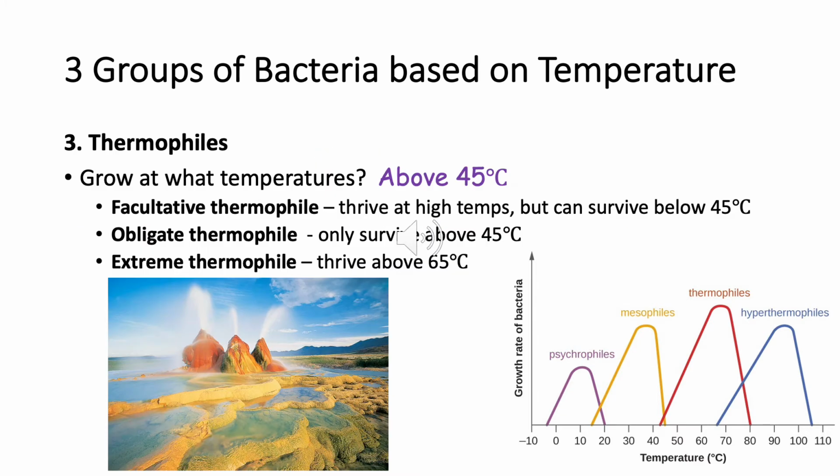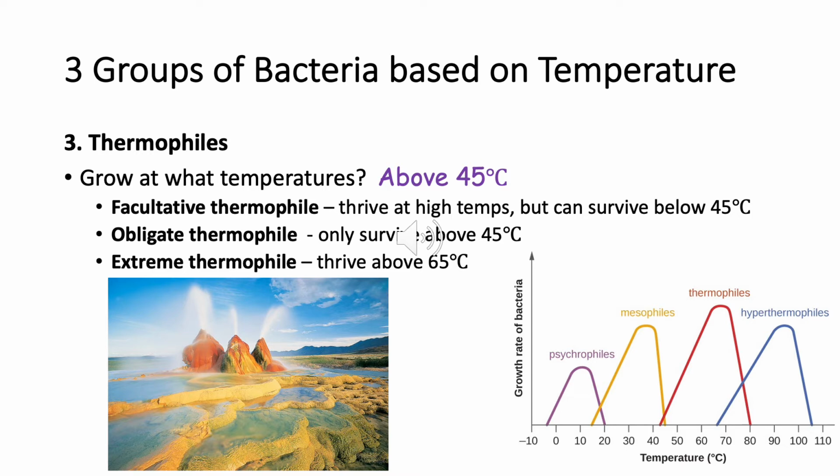And the third group of bacteria based on temperature are the thermophiles. The thermophiles are the group that really prefer the very, very warm temperatures. So they grow above 45 degrees Celsius, which is above 113 degrees Fahrenheit. They are bacteria that you would find in hot springs and hydrothermal vents and really, really hot places. And within the thermophiles, there's